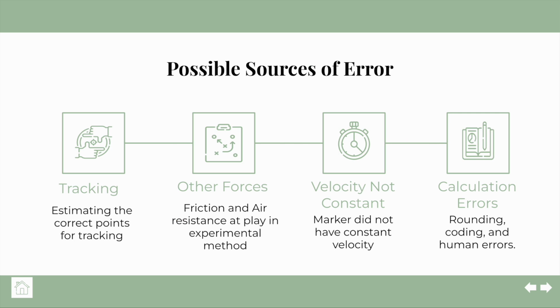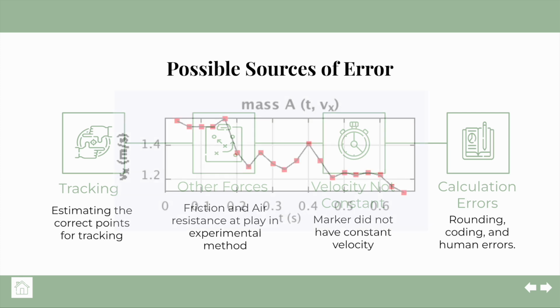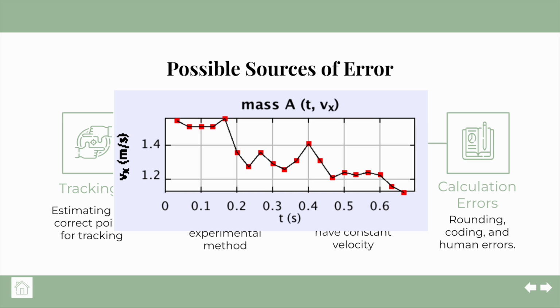Some possible sources of error would be not being consistent in our tracking points using Tracker, that other forces are present, including friction, air resistance, calculation errors, rounding, coding, human errors, and that the velocity was simply not constant when I threw it from my hand. And you can kind of see it here from the Tracker data that the velocity simply wasn't constant in the